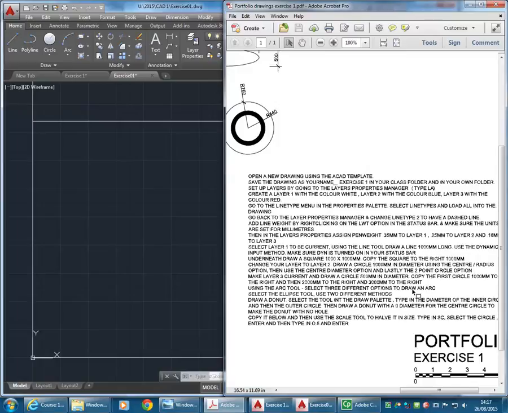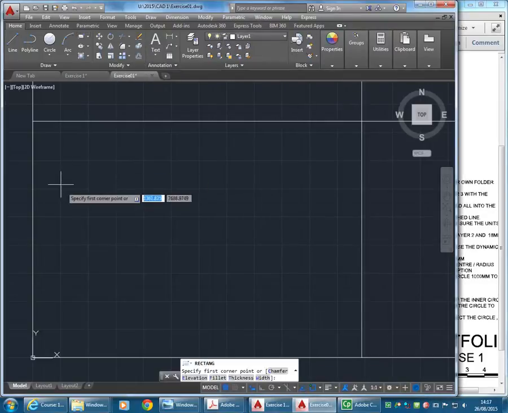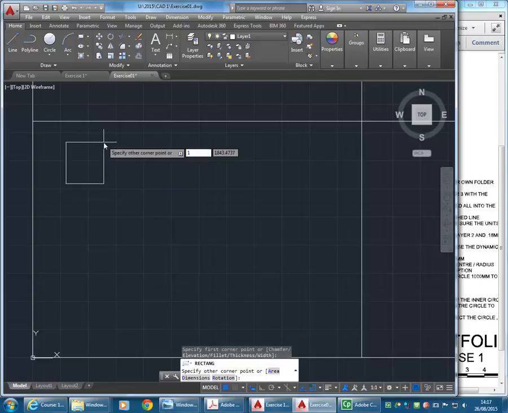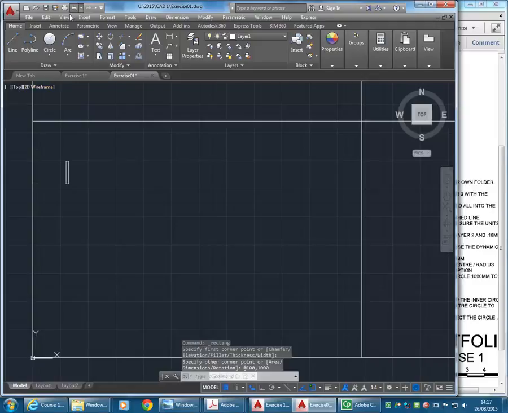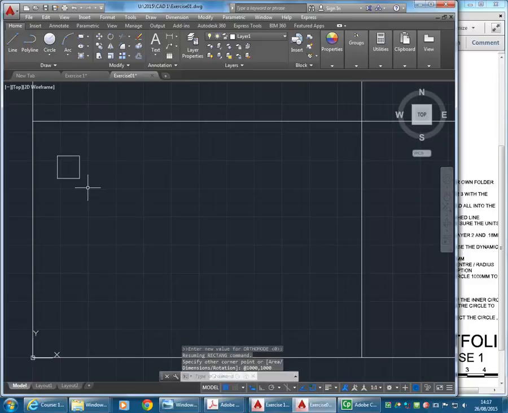So then the squares, 1 metre by 1 metre, and then copied to the right another metre. So I'm just going to draw with the rectangle tool, clicking somewhere to start, and then 1,000, comma, 1,000. Oops, I typed 100, so I'll just do that again. So 1,000, comma, 1,000, enter. So that should be pretty straightforward. Now I want to copy the whole thing to the right, so that there's a metre between them. So I'm going to use copy up here,